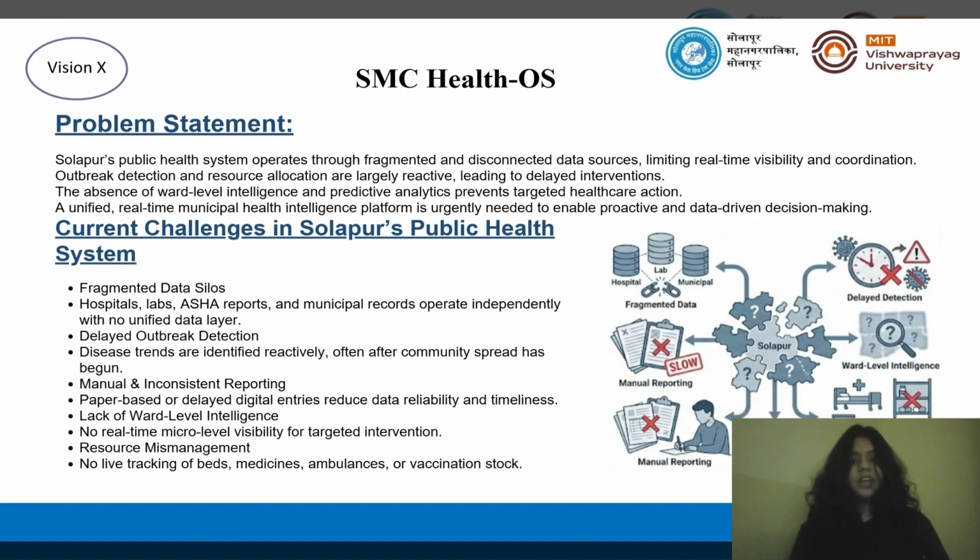The system also lacks ward level intelligence. Authorities cannot easily monitor micro level patterns, making targeted interventions difficult. Finally, there is no live tracking of critical resources such as hospital beds, medicines, ambulances, or vaccination stock. This leads to inefficient allocation during emergencies. So, to address these challenges, Solapur needs a unified, real time municipal health intelligence system that enables proactive, predictive, and